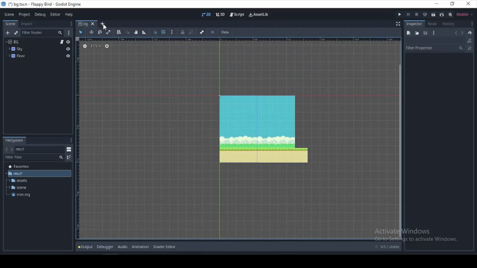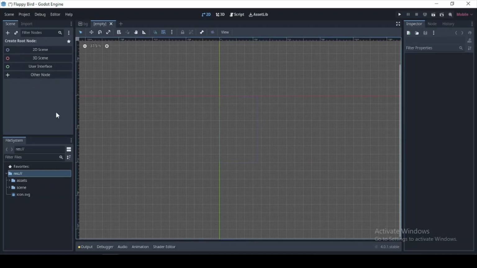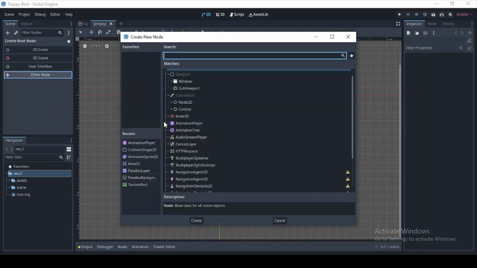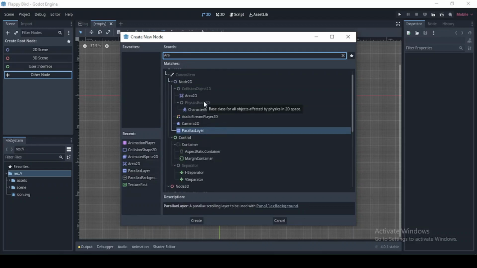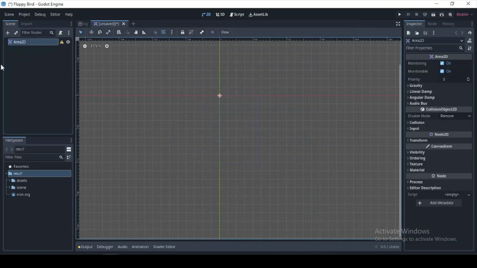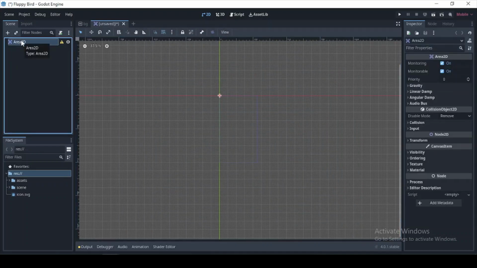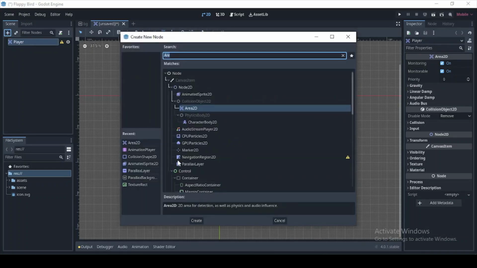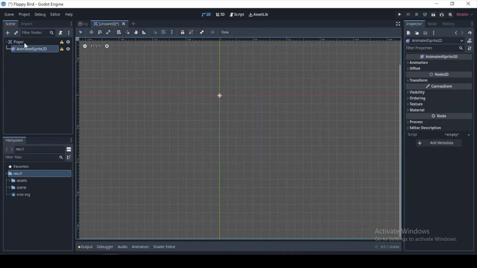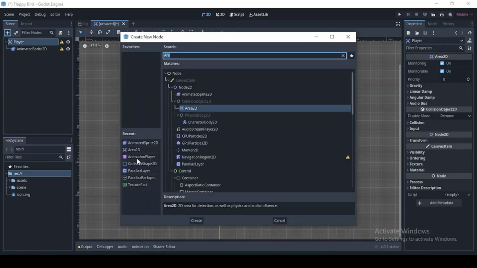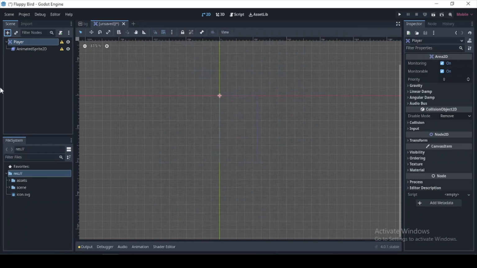So now let's create a new node. Our plan is for it to be of the type Area2D. Let's head and create that. We're going to rename this Player. And as a child of our player, we're going to add an animated sprite. Okay, so here, an animated sprite. Also, we're going to need a collision shape 2D. Then lastly,